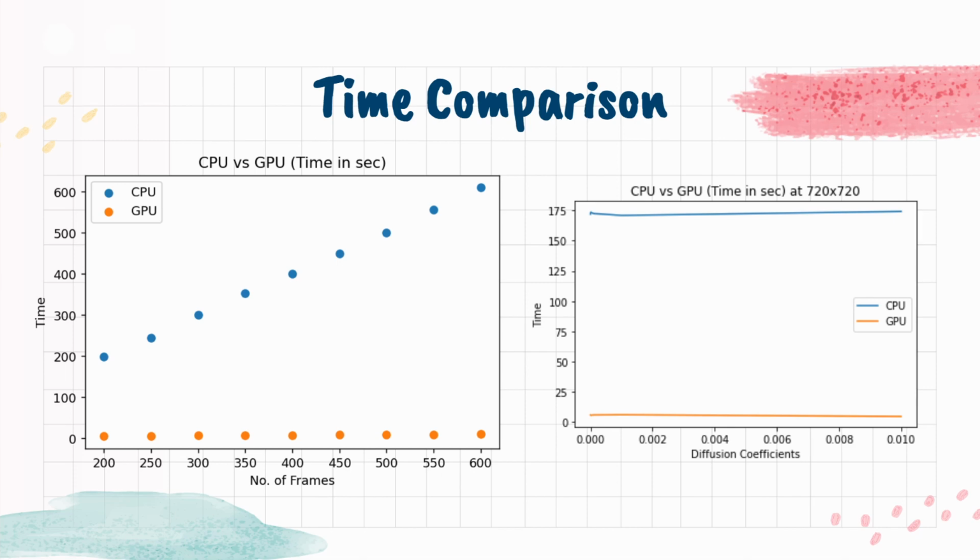Jumping onto the second graph, we can see that the time remains almost constant with respect to each other, but if we compare the CPU and the GPU, the time difference is again quite a lot. Like I told you in the video simulations that I showed you before, changing the parameters of the fluid won't affect the simulation time by much. It only affects the properties but not the time by much. That is visible in this case.